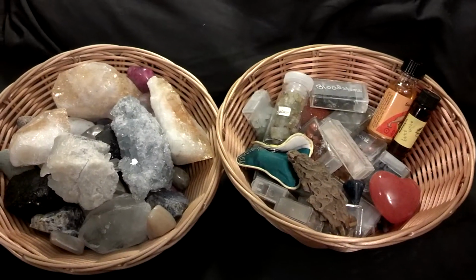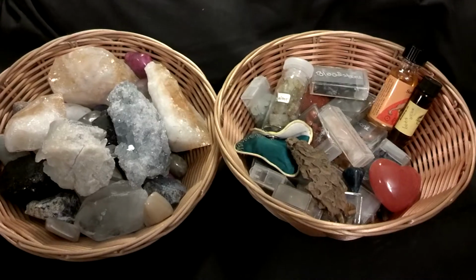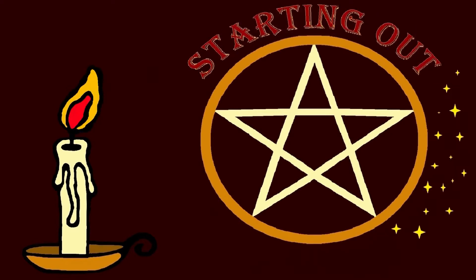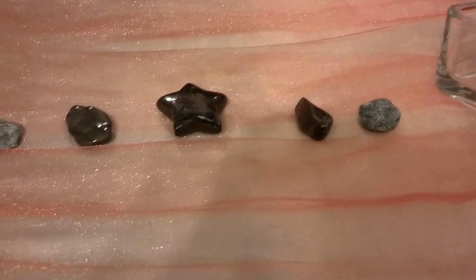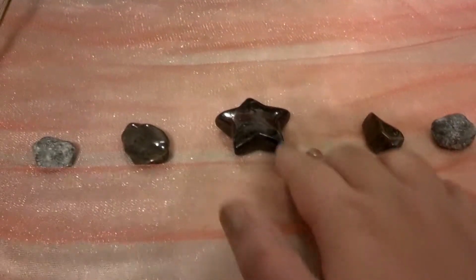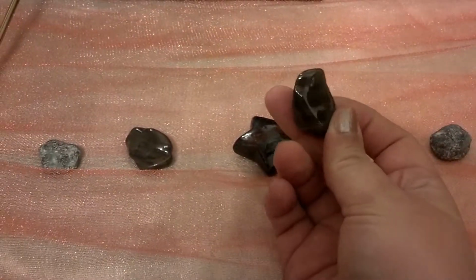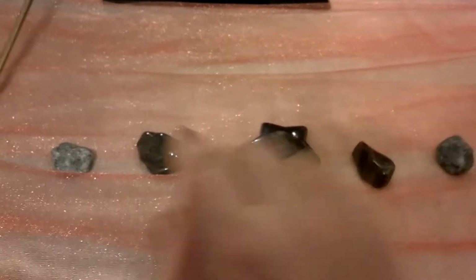I'm your host, Tara Incognita, and this is most of my crystal collection. One of the ways that I incorporate crystals into my practice is by laying them out on my altar. These are the ones that I've chosen at this particular time. This is a bloodstone star, and I have petrified wood, and then an emerald, and petrified wood also, and an